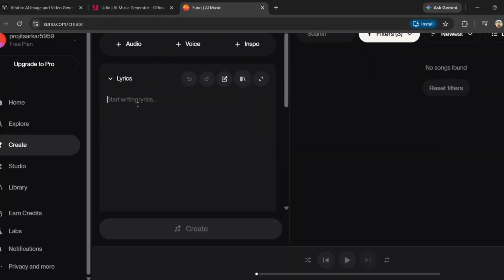In this Sonauto AI versus Suno AI comparison, I'll test vocals, instrumentals, prompt accuracy, and overall production quality to find